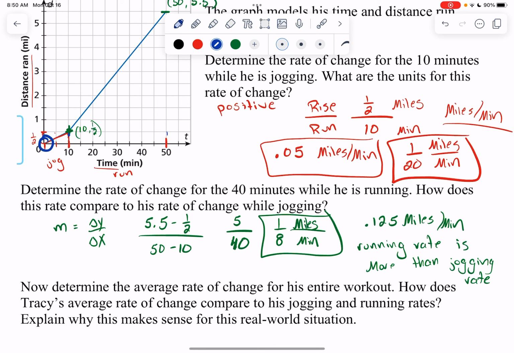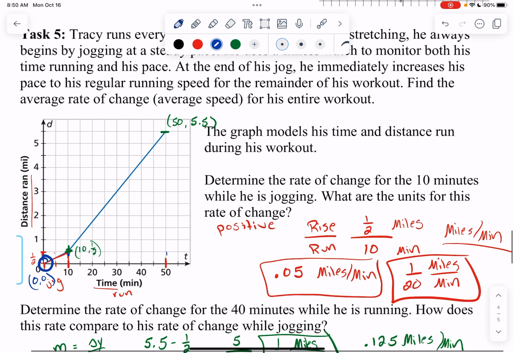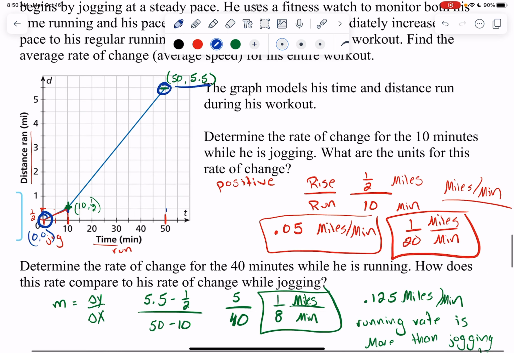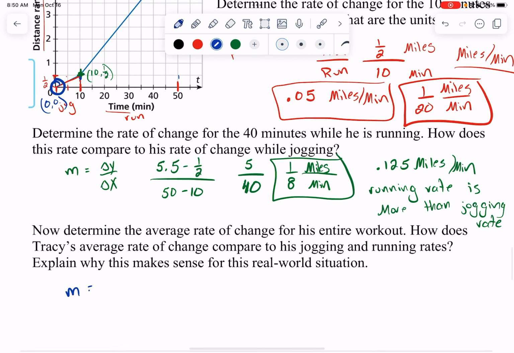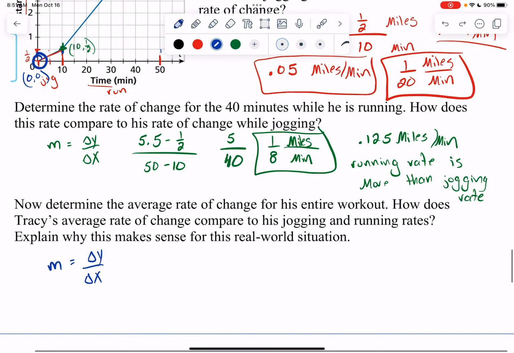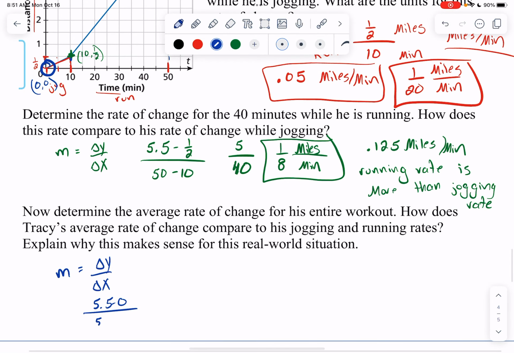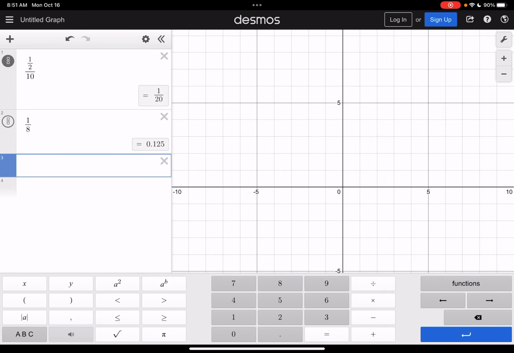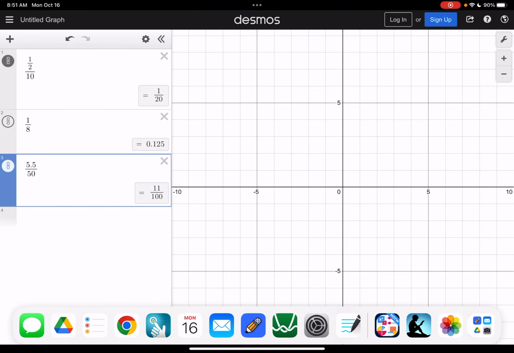So here, just beginning, which is at the point 0, 0, to the end, which is the point 50, 5.5. So we want to find the rate of change for that. Again, change in y over change in x. So my change in y, we're going from 0 to 5.5, so 5.5 minus 0. And then 50 minus 0 for the change in x. So I'd have 5.5 over 50, which would be 0.11, or 11 over 100,